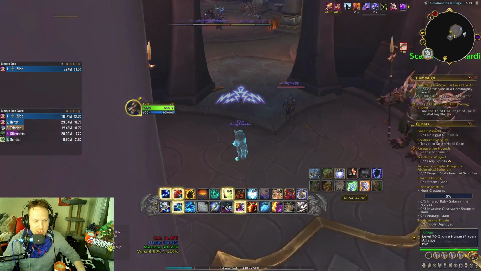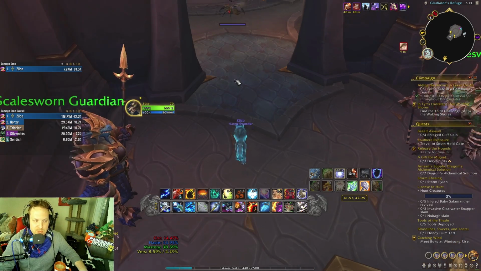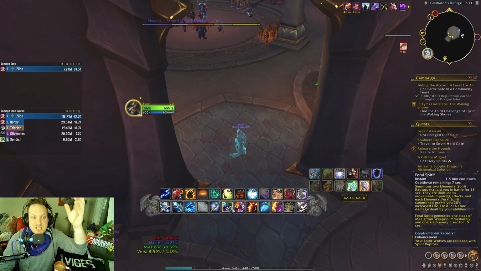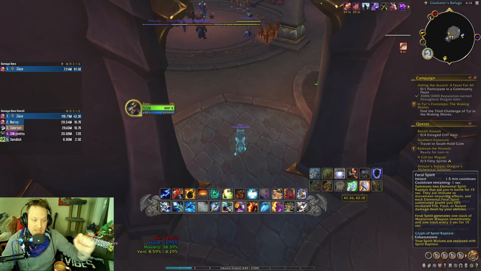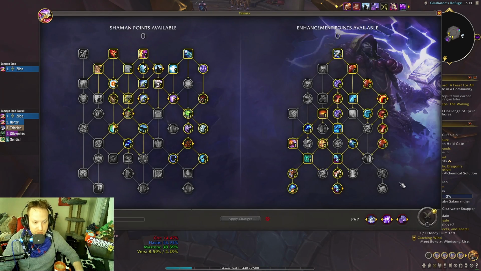So remember, a couple important things. Fire Nova generates Maelstrom Weapon stacks now, okay? Very important to remember that. So if your wolves are about to come off cooldown, you want to wait for like 1 second. If Fire Nova's coming off cooldown and your wolves are coming off cooldown, just wait. Wait 1 second because you want to summon your wolves first and then press Fire Nova